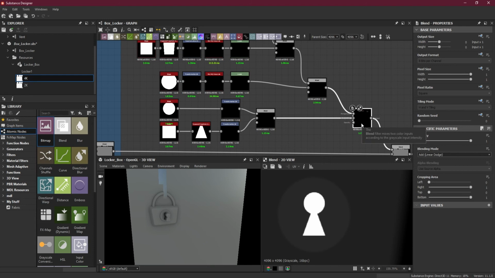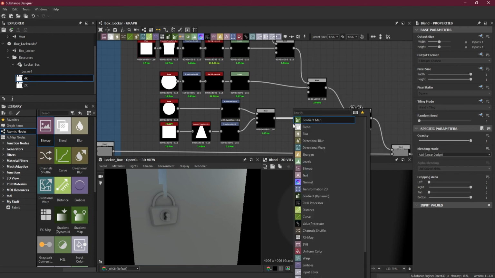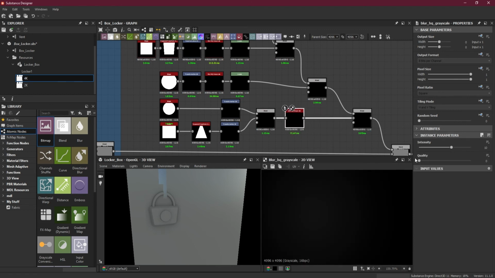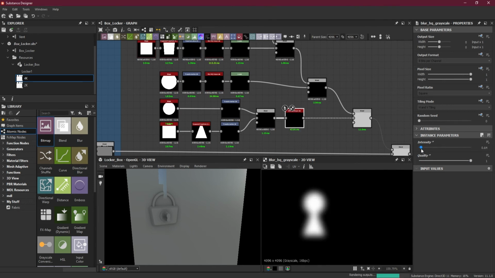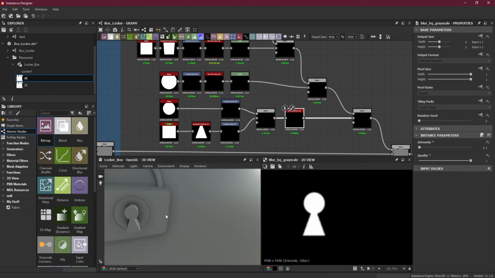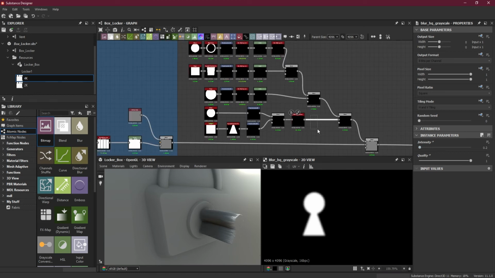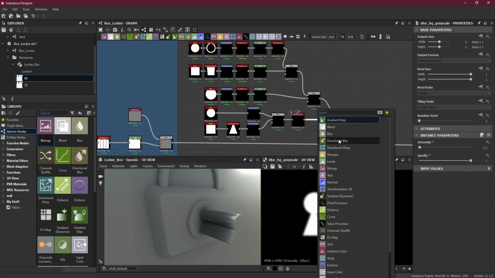Okay, so here we go. I will add a blur HQ. Okay, not Gaussian, blur HQ here. Increase the quality, reduce the intensity here, and much reduce, 0.1, something like that. Let's see, 0.1, not that good. 0.2. Okay, that's fine. And then here I will add levels